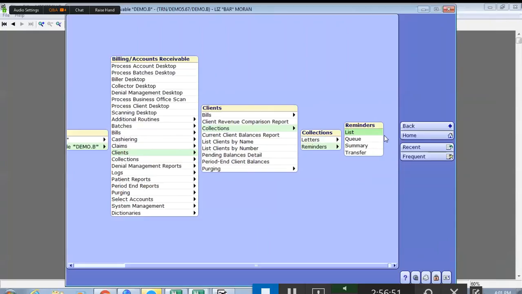For the global reminder routine, we can transfer. We can list client reminders. We can queue client reminders, and we can review the client reminder summary. So starting with transfer,